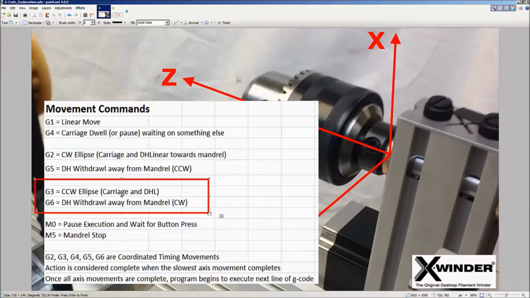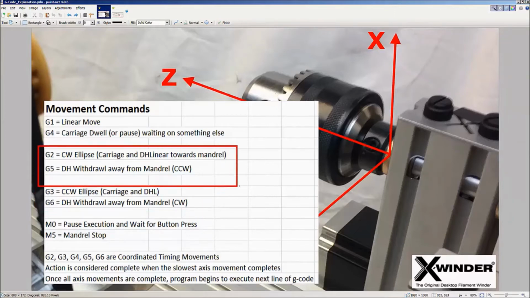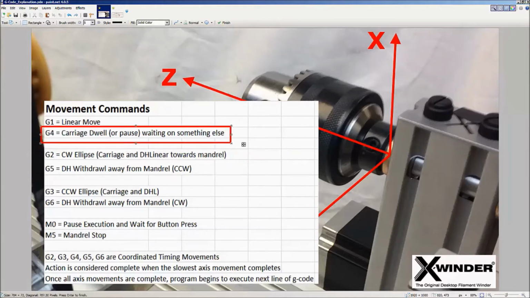A G3 and a G6 movement, so there's G3 and G6, is basically a counterclockwise movement of the carriage and delivery head at the home end. The G3 advances towards the mandrel center line, and the G6 pulls the delivery head away from the mandrel center line. Both of these occur together typically, and so do these. So once you see a G2 command, you'll see a G5 that immediately follows that. I didn't maybe talk about the G4. That's a dwell